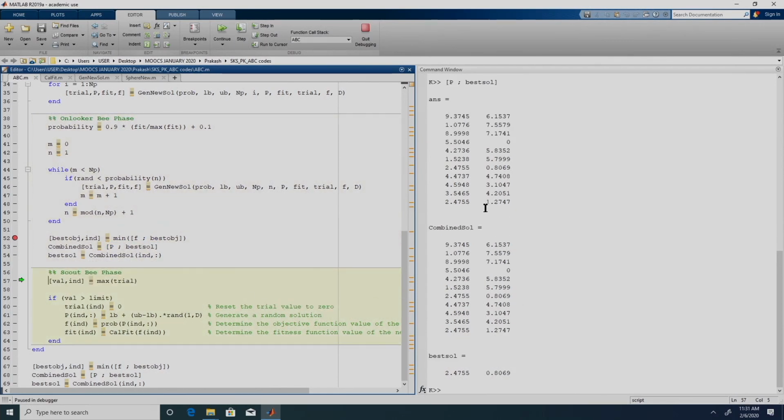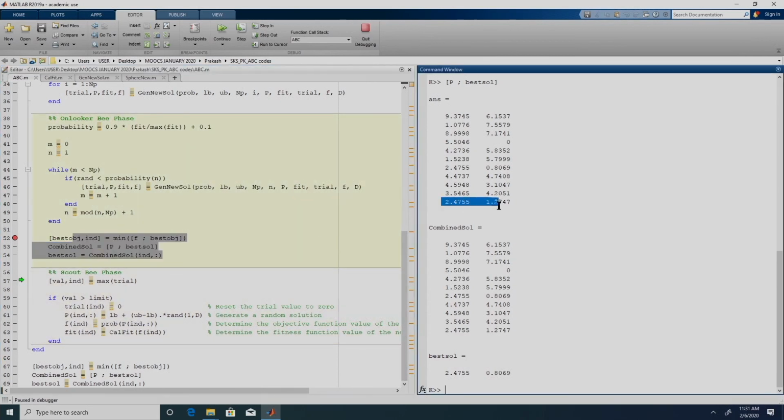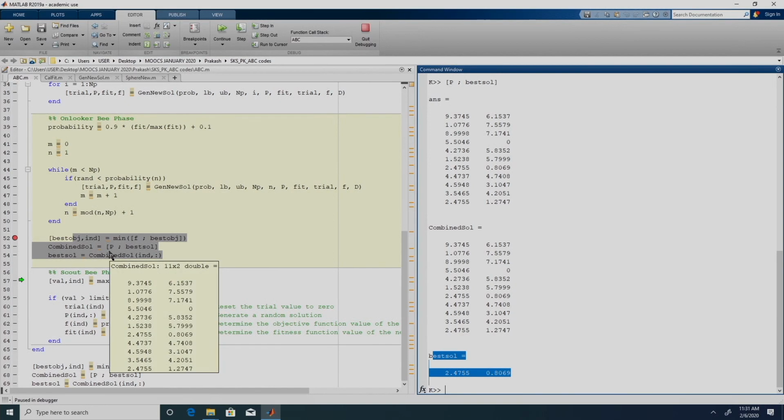So, the best solution before these 3 lines were completed was 2.4755, 1.2747, but since we have a better solution of 2.475 and 0.8069, that is getting updated in this best solve, right. So, that completes the memorization procedure, where we memorize the best solution that we have obtained so far, and now we are determining the maximum trials that we have encountered so far, right.